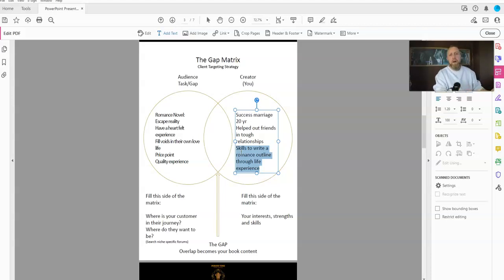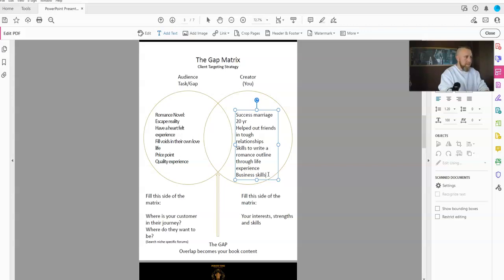And it's the same thing for low and no content books, guys, if you're in that niche, right? So instead of looking at romance novels here, you might be looking at event planning, right? So a planner book for event planners, okay? And you're asking yourself, what experience do they want in an event planning planner book, right? And then you're going to look at what skills, interests, and strengths you have in that space. And then again, just looking at the overlap, like you have this skill to write the outline and they want this heartfelt experience, right? You also have business